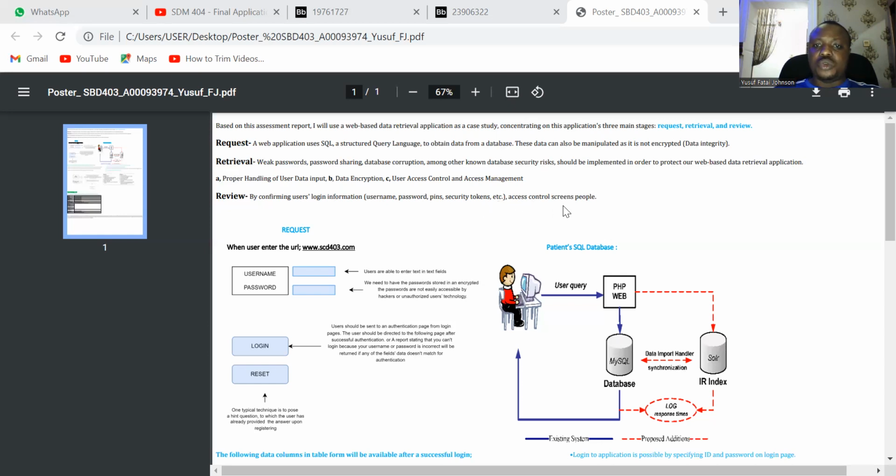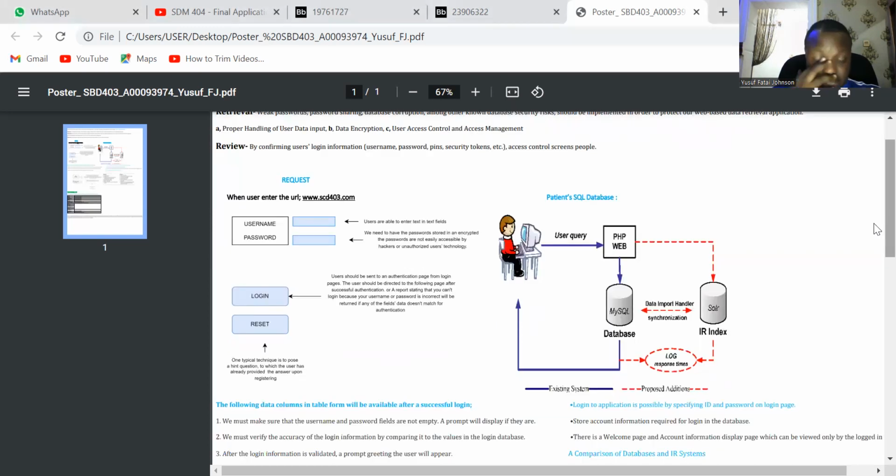That is the access control screen. In the request, this is the interface, the input where you log in. When you log in to the URL www.lcd403.com, this is what the front page is, and we expect the user to be able to enter text in the text field. We need to have the password stored encrypted, so that passwords are not easily accessible by hackers or unauthorized users, because of the way we design our